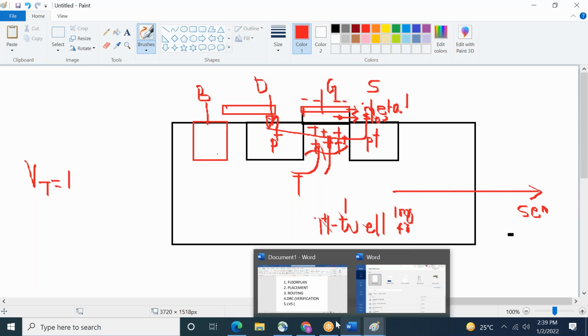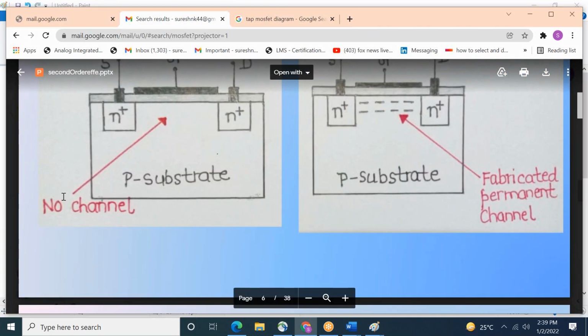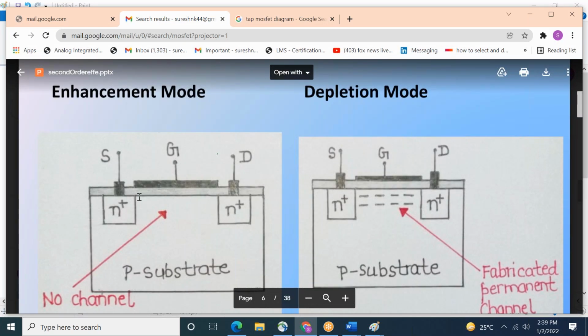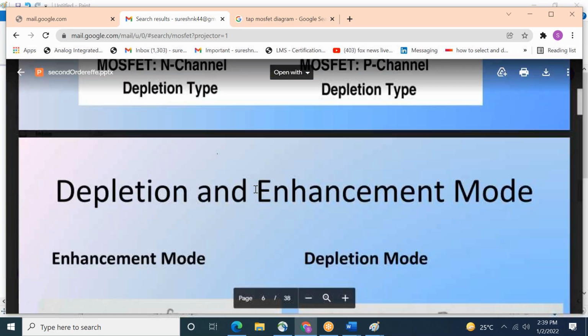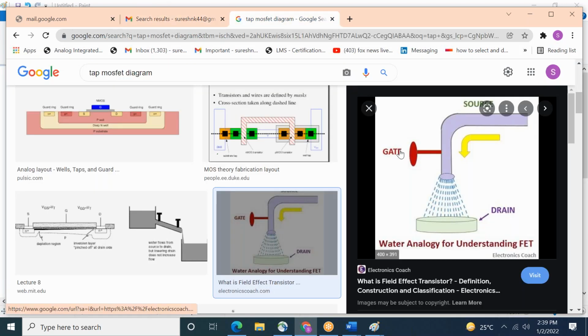Okay, so this is just giving an idea. So no channel is created, then channel is created. So in enhancement type, no channel will be there, it will be created. Generally in enhancement type, the gate is controlling, like the water tap. This is an example.